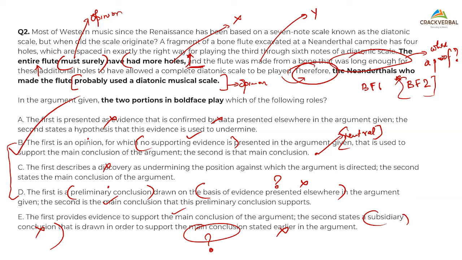But what was the aim of the para? It was to say that they probably used, that they made the flute to use. So what exactly becomes the story? Was there any sentence explaining when they originated? Was there any sentence, any detail explaining that? Nothing was explaining, right? So hence, that is not my final conclusion. The final conclusion can't go with my structure. Ki, haan, a question is always an argument. That is the beauty, it is illogical why the question needs to be in it. But that is the way.